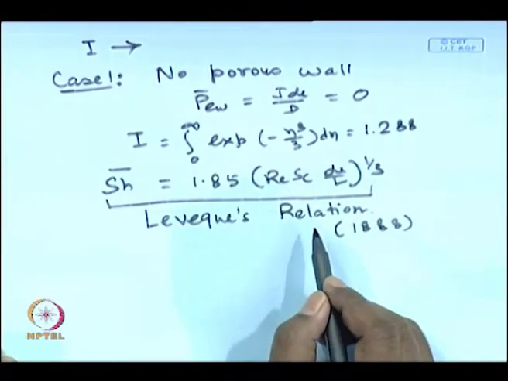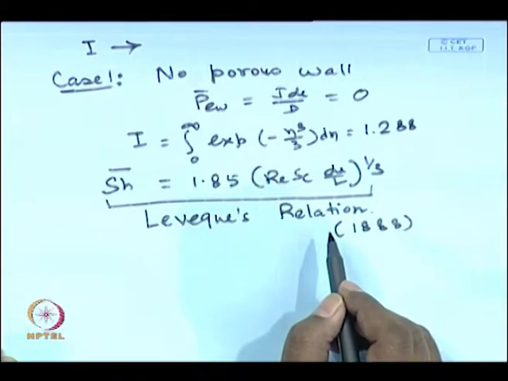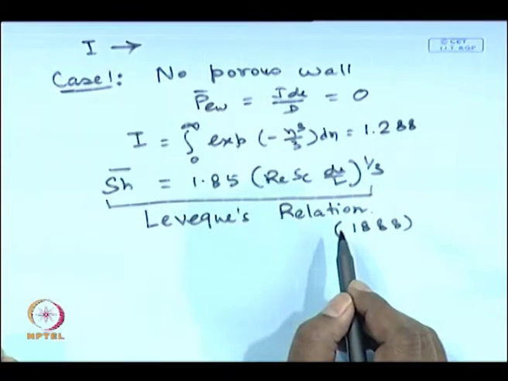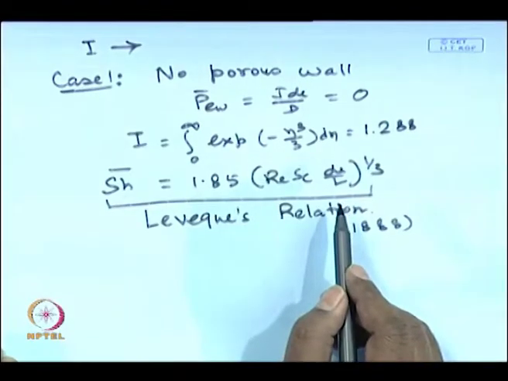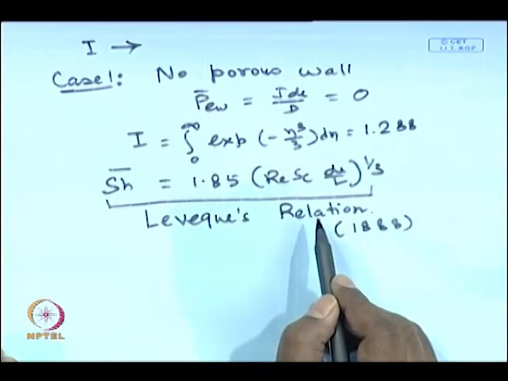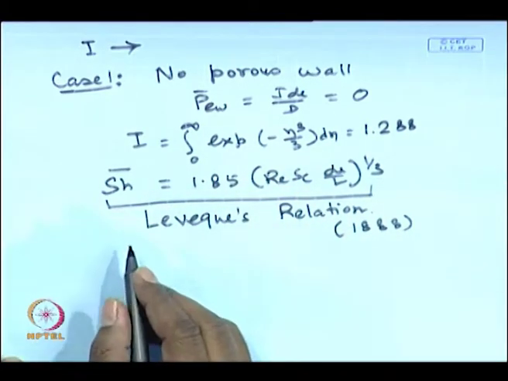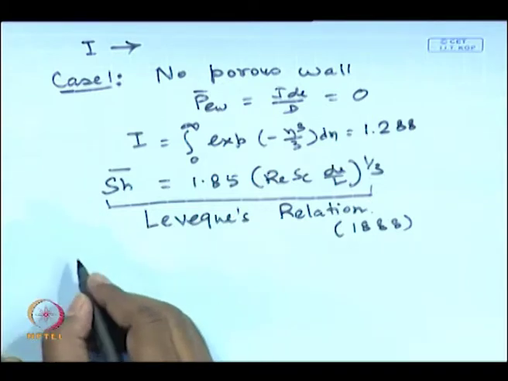On the other hand, the Dittus-Boelter relationship for turbulent flow, 0.023 Reynolds raised to the 0.8 Schmidt raised to the 0.33, is a correlation. It is generated from experimental data by fitting the data into that particular form. Leveque's relations, the Nusselt number and Sherwood number relations for flow through a tube, a pipe or a rectangular conduit, are relations, not correlations. So, this is Leveque's relation, and now let us look into the expression of I, case number 2.